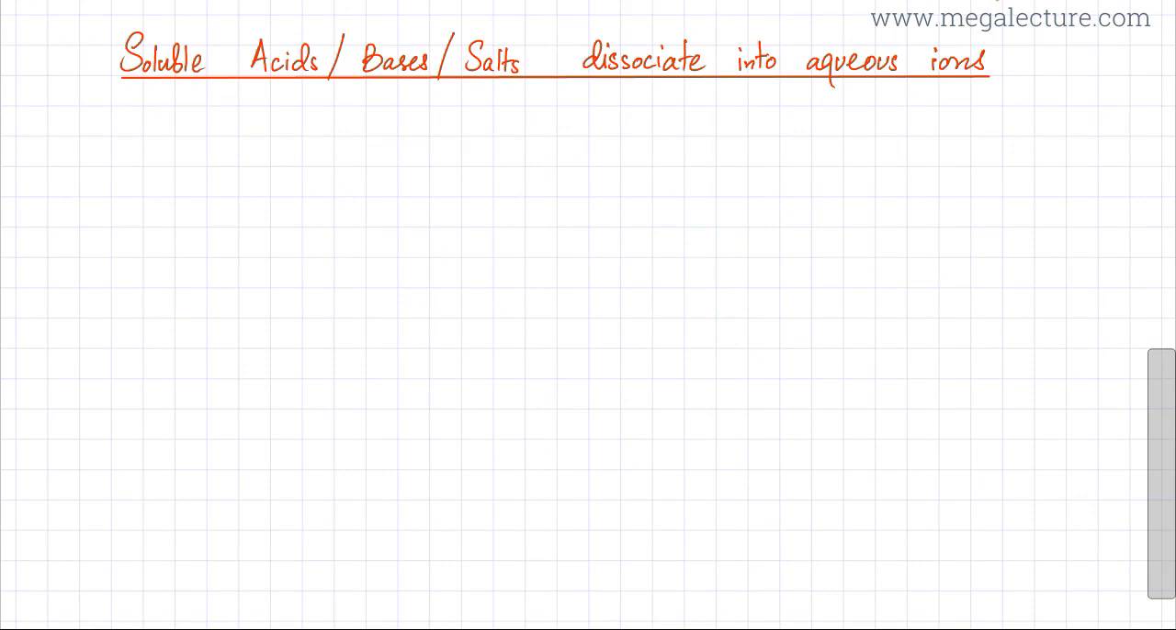Another thing that needs to be remembered is that soluble acids, bases, and salts are classes of compounds that dissociate into aqueous ions. So when they dissolve in water, they break up into aqueous ions. They dissociate. What that means is,